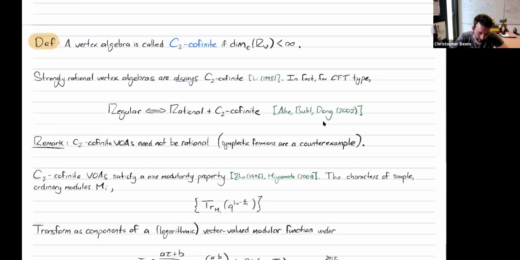So finally, to conclude, this seems to be a good condition on vertex algebras, is that this C2 algebra be finite dimensional as a vector space. So we saw in the previous very fast